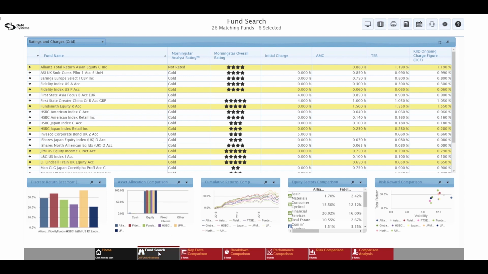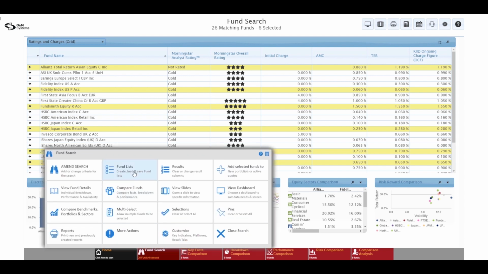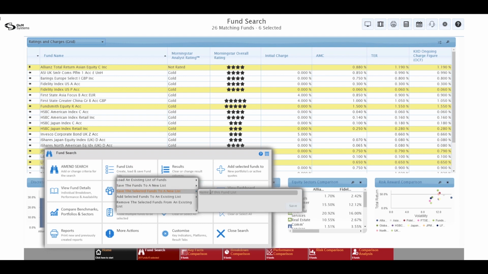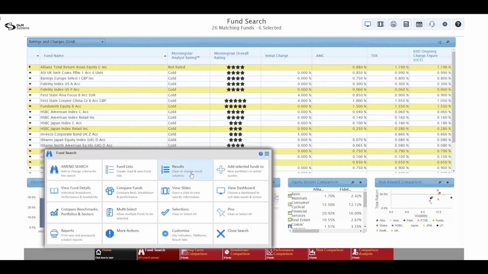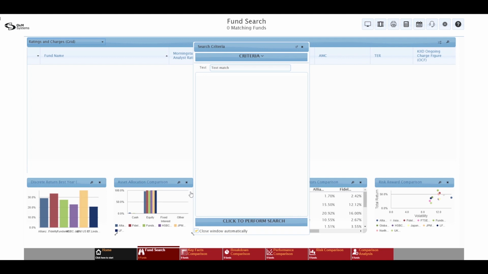So the way around that, if we come back into fund search, is what's called a fund list. So the idea here is we're not saving the criteria, we're saving the specific funds that we've created. So I'm going to save the selected funds to a new list. My new fund list and hit save. There we go. So if I now clear this set of results, so results, clear all,